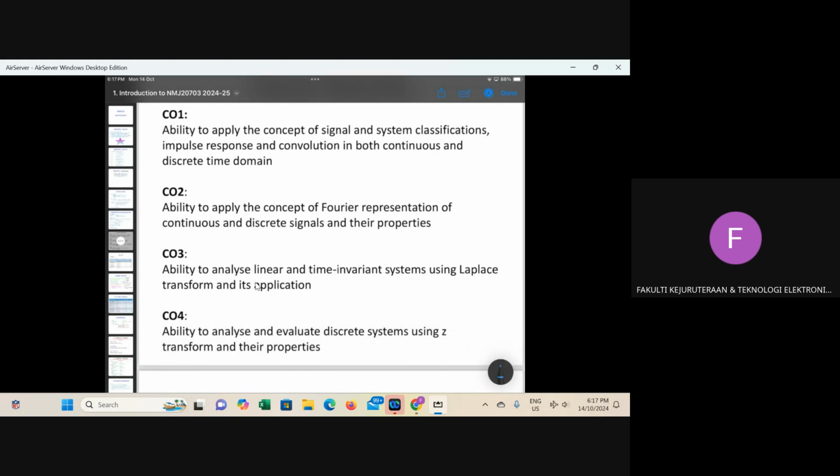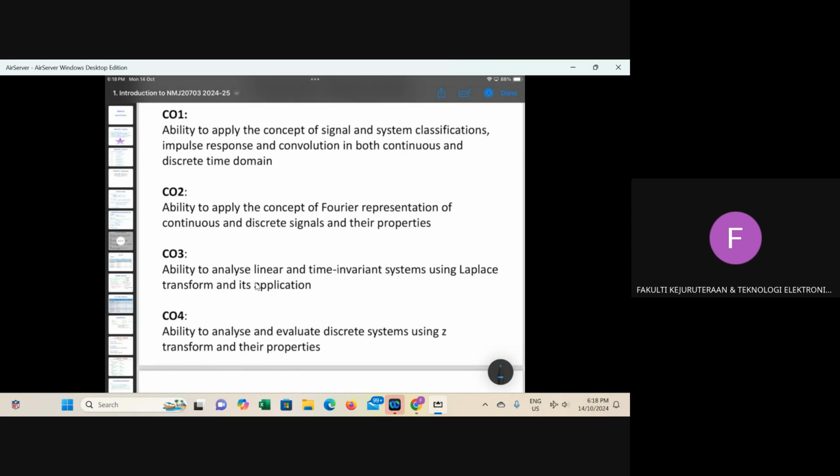And CO4 means at the end of this semester, week 14, you are able to analyze and evaluate a system using Z transform. So by looking at this, I think you can guess now why you need maths 2 as prerequisite for this course.